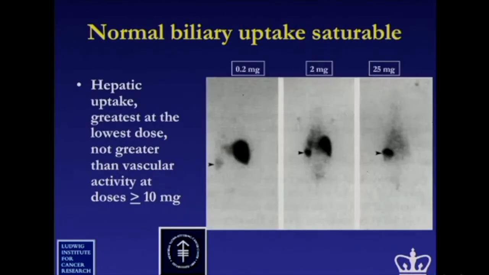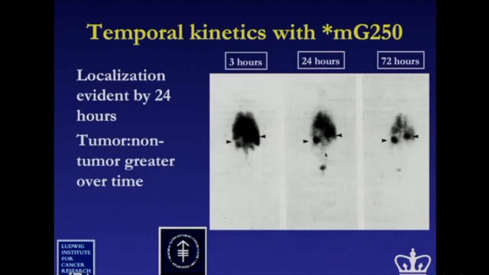Over 3 orders of magnitude, from 200 microgram to over 20 microgram, we were able to demonstrate that we could saturate normal receptor sites in the liver and we could optimize targeting of tumor by adjusting the mass. I didn't show you all the other cohorts that we looked at, but we determined that the optimum mass amount was 10 milligram. We also determined that the optimum time for imaging was after 24 hours because we saw in this patient with bilateral disease that the optimum targeting to this clear cell renal cell cancer indeed occurred at 24 hours and not before.